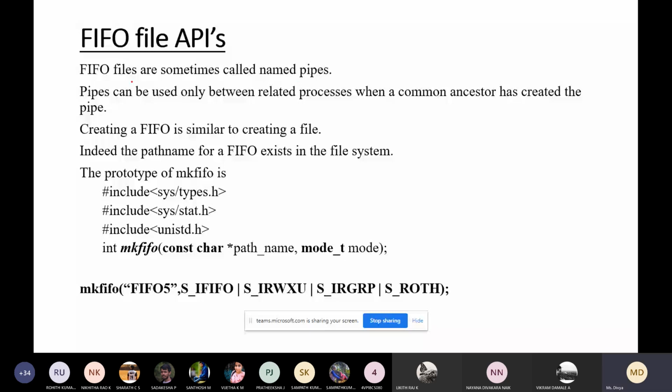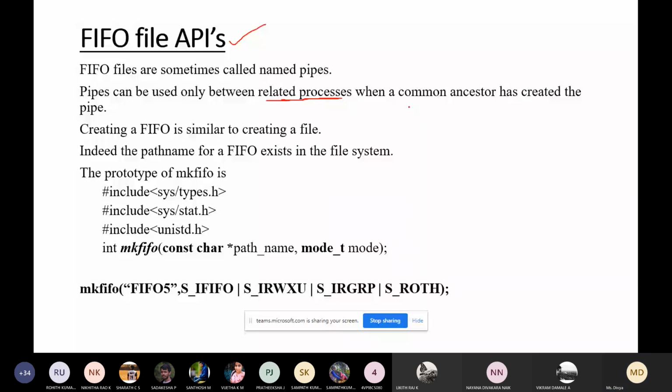Here mainly this named file API, or we call it a pipe, is used for related processes. If there is communication between two or more processes, then you will be using this API. It is used only between related processes when a common ancestor has created the pipe.